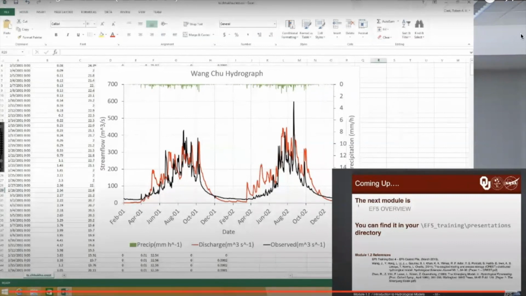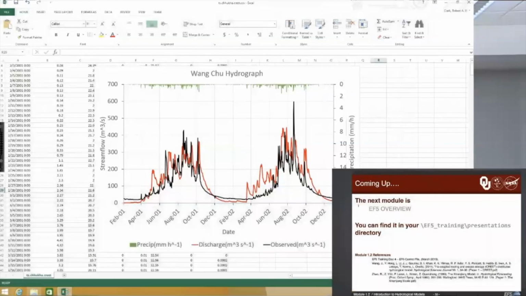making the hydrograph. So in the next module, which is EF5 overview, we're actually going to talk